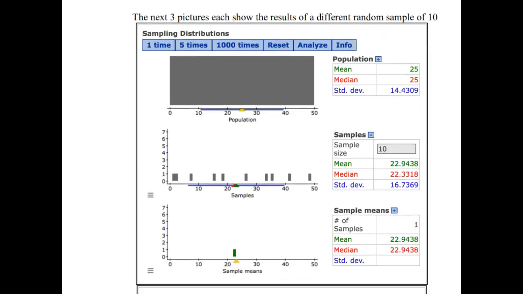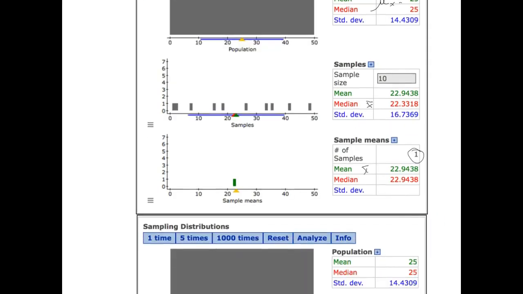sample, this was when I had typed up the notes here, but again, this is our population mean. So this is mu sub x is 25. And then we took a sample of 10 and got a mean for that sample here. That was our value of x bar. We also displayed here because it was just that single sample that we did. Okay, so again, this is just based on that one sample that we did.